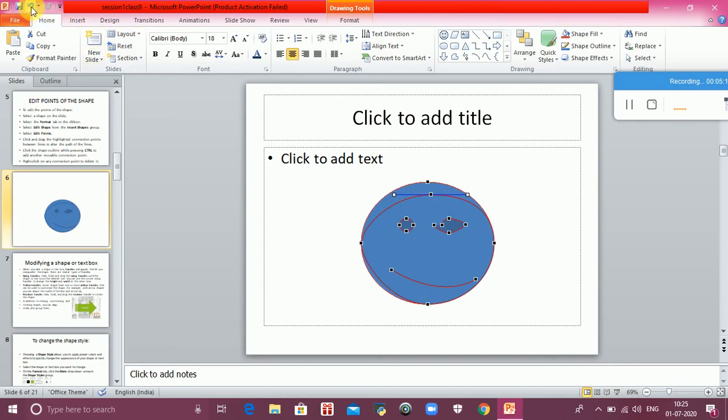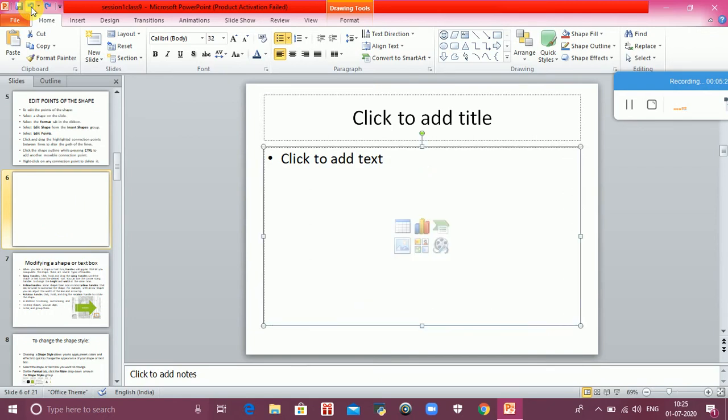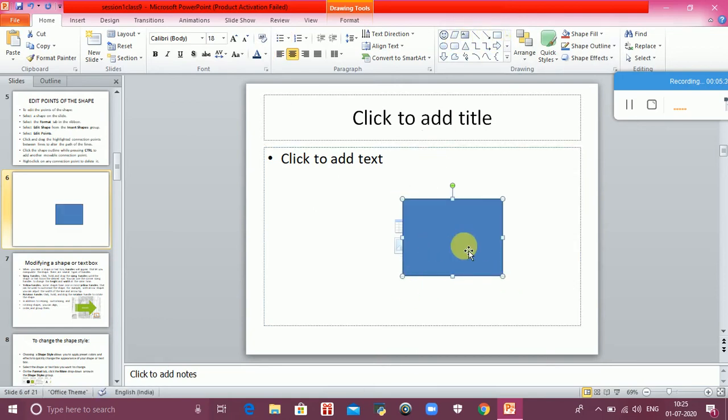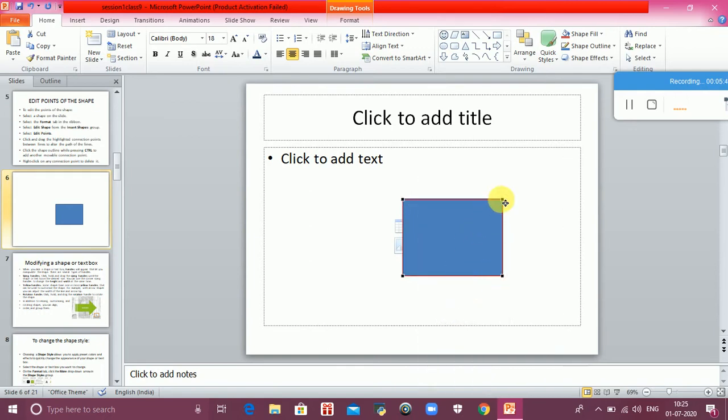Let's have another image. This is your image. What you have to do, just right click on it, Edit Points. So ये आपके points आ गए. अब आप इसे edit कर सकते हैं like this.